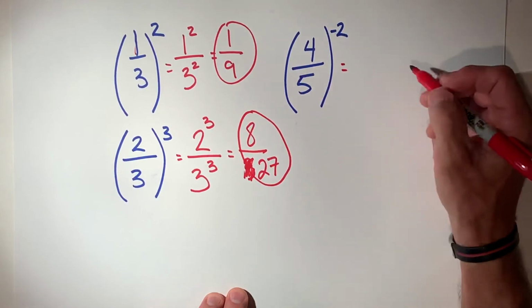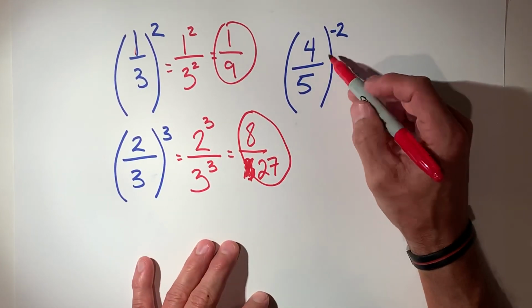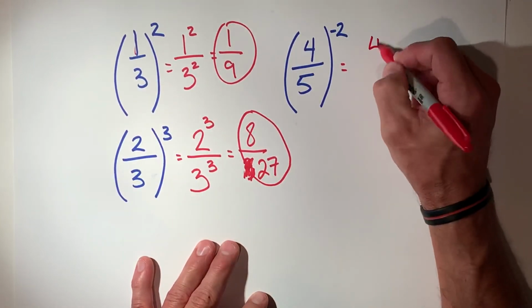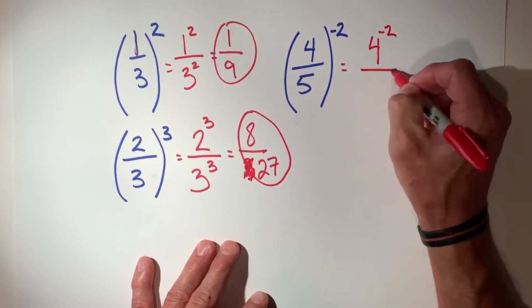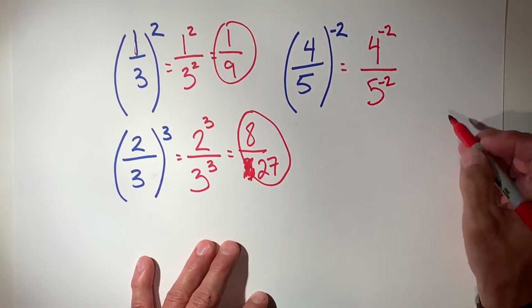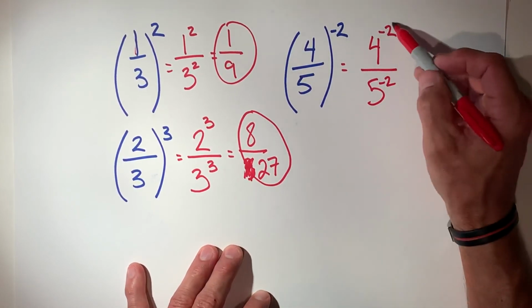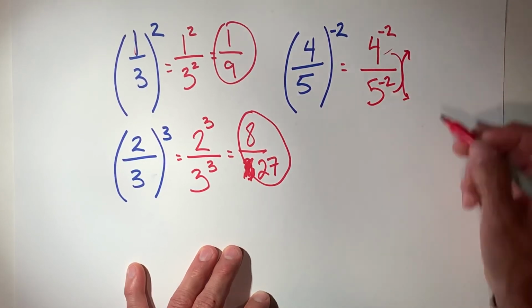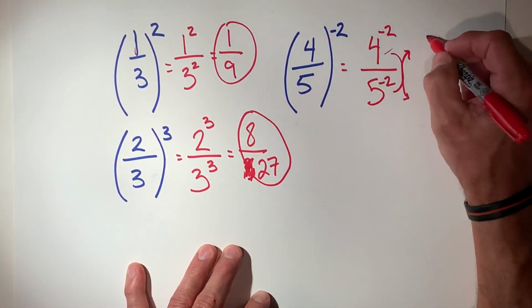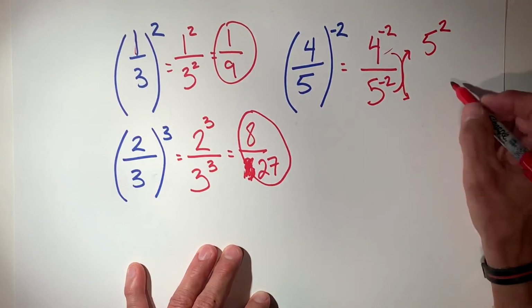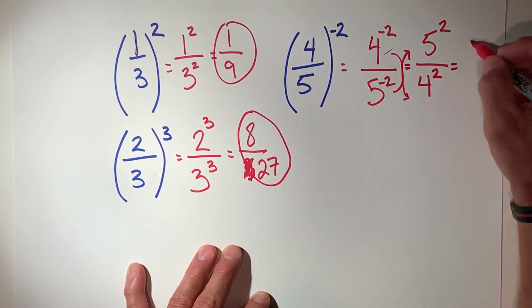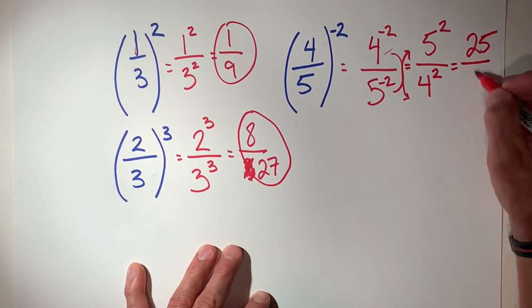Last one. Let's not change the rules at all. Watch what we do. Just like we did here with our exponents, going to the numerator and the denominator, we're going to get 4 to the negative second and 5 to the negative second. And then we're going to apply the rule that says if we have something negative, it has to switch. But look at this. They both have negatives, so they both switch. So we get 5 to the positive 2 and 4 to the positive 2. And since 5 times 5 is 25 and 4 times 4 is 16,